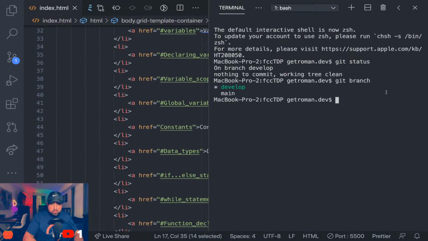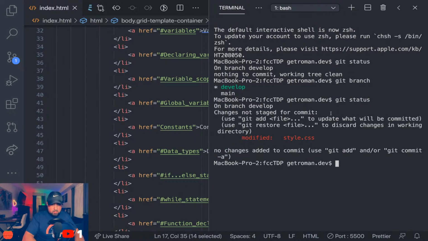Right, I don't need both terminals. So let's do a git status to see what's going on. I modified the style.css. So let's add that bad boy. Let's do a commit. And we're gonna say,